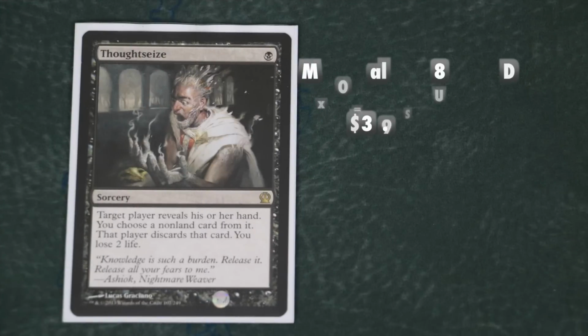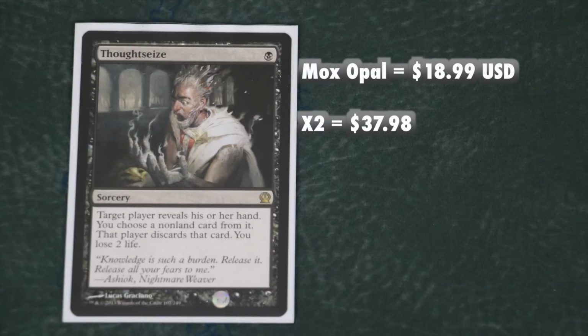I have 2 Thoughtseize in the sideboard that come out against combo strategies. If they rely heavily upon a single card or a combination of cards, Thoughtseize is one of the most powerful forms of disruption you can run in your deck. Although there isn't much black in this deck other than the Cranial Plating, it is rather easy to generate black